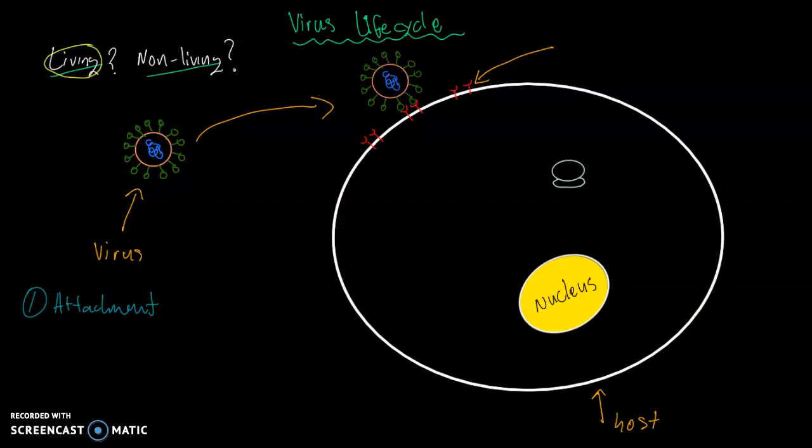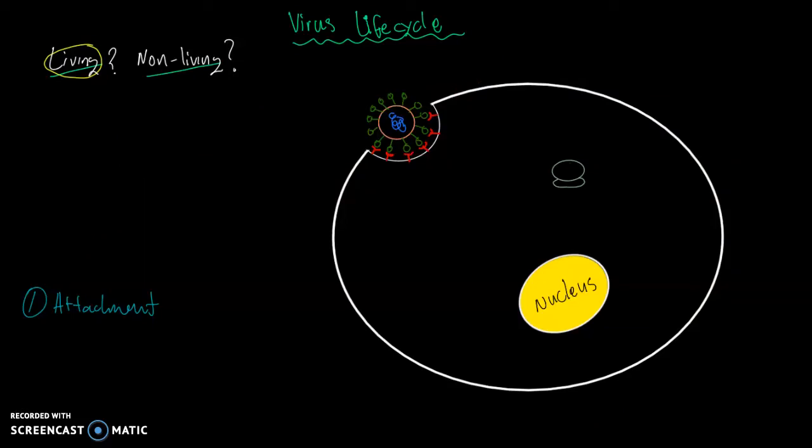The next move that viruses make is to try to get inside the host cell. And there are a number of ways that they can do that. For example, bacteriophages infect bacteria by injecting their DNA from outside through the cell membrane. And another common way that viruses can go inside the host cell is through endocytosis, where a vesicle, like a little bubble, is created so that viruses can move into the host cell just like so.